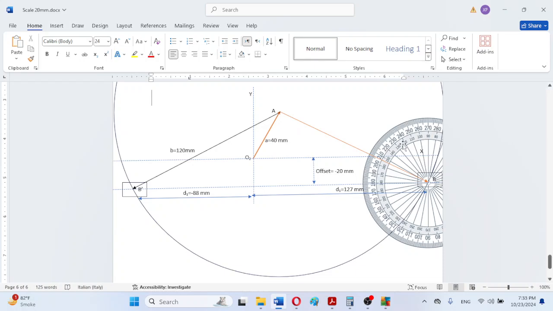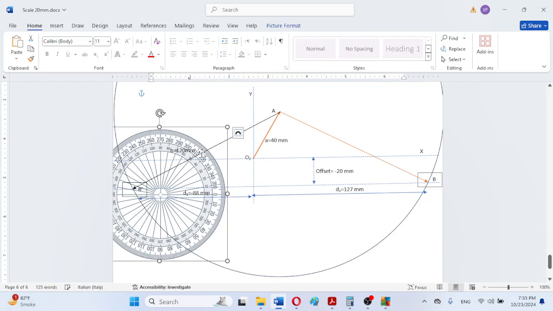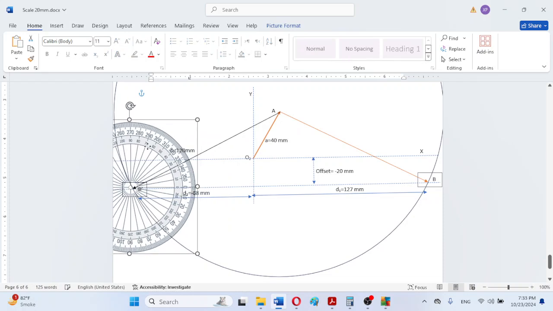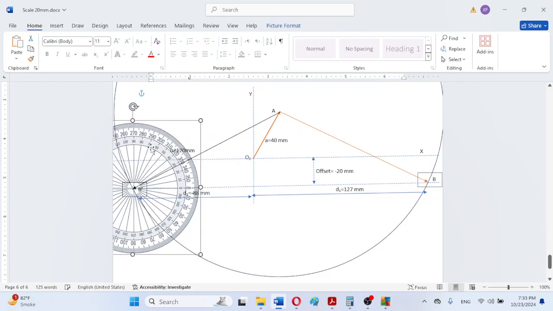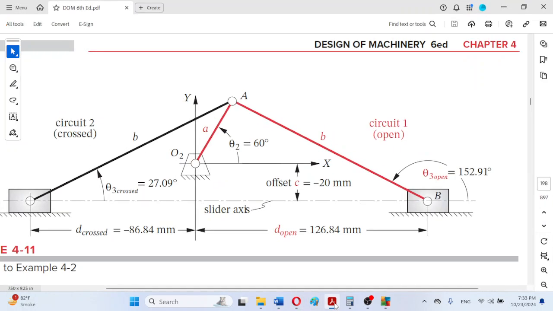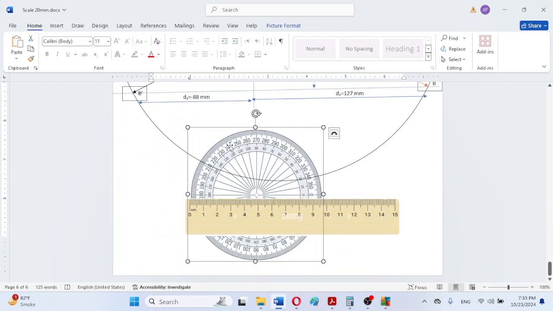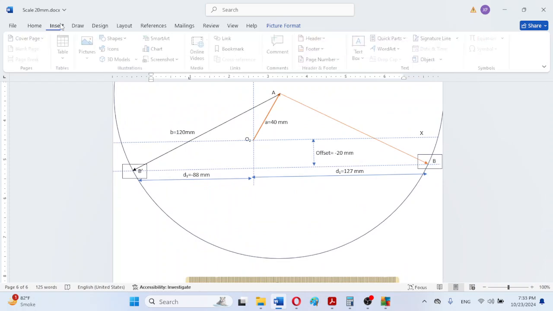In a similar manner we can verify this angle as well. So we can also visualize this angle, and this angle is 10, 20 and 25, 26, 27. So this angle is also mentioned here, 27.09 degrees. So these are actually the analytical results, and our results are quite near. So slider location and the angles have been quite satisfied. We can just mention them by drawing simple